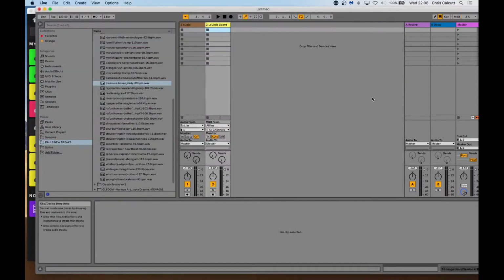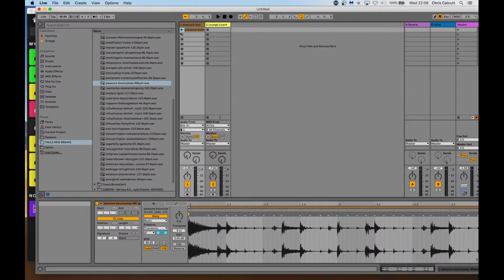So I'm going to go to Live here, Ableton Live. And the reason I've gone to this is I can find a sample. So let's see, I can't see. The computer's on the other side of the room for me here, but yeah, okay. I'll get the one that was highlighted. Why not? So I'll just drag that in. And if I hit play,